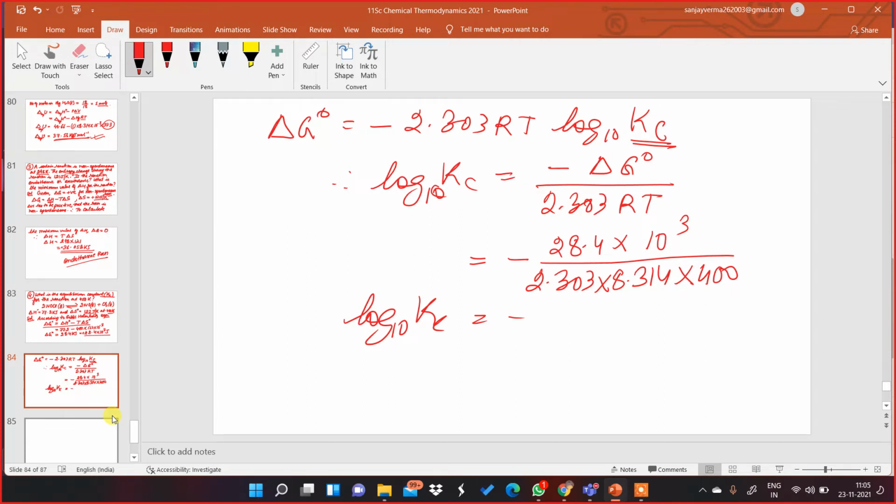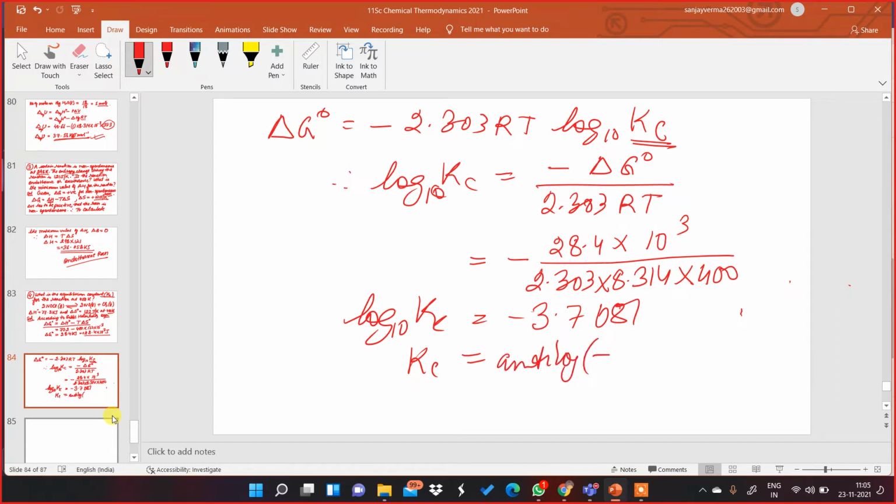You get 28.4 into 10 to the power of 3 divided by, open the bracket, 2.303 into 8.314 into 400, close the bracket. It is coming minus 3.7081. That is a negative value. So we're getting log Kc. To get Kc, the equilibrium constant,